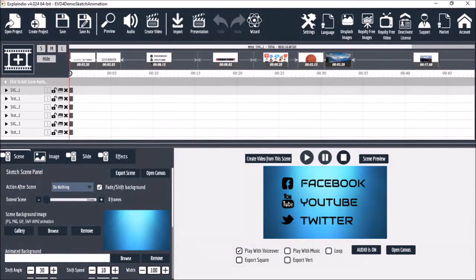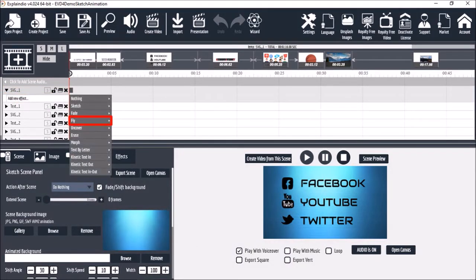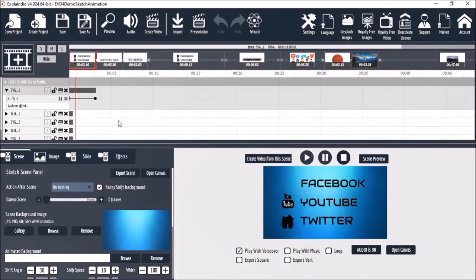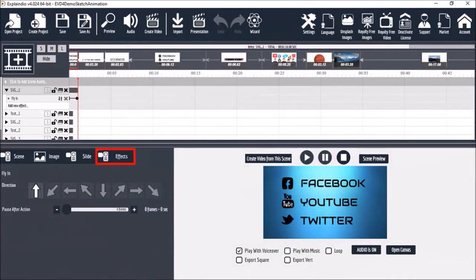Let me drop down this first entry using the little black arrow, and I'm going to click this area, choose fly, and then fly in, and as you can see, this is what the animation looks like. First I'm going to adjust the slider to 1 second, so the animation is faster. Next, if I go to the Effects tab, you'll see all these direction options. The default is to animate from the bottom, so I like to change it to animate from the top, like